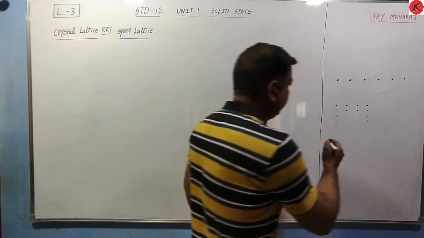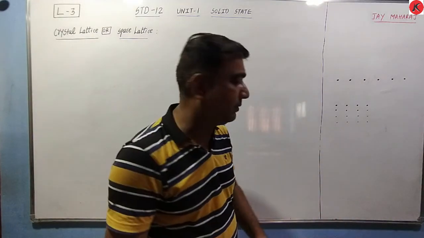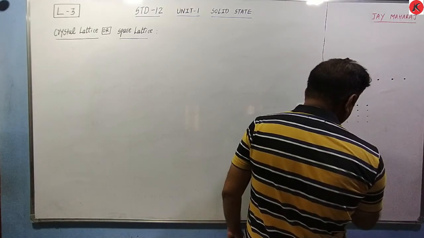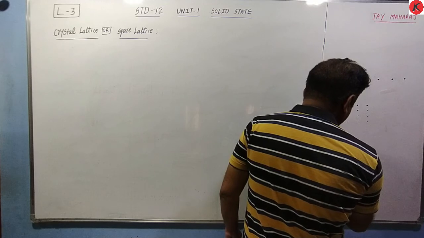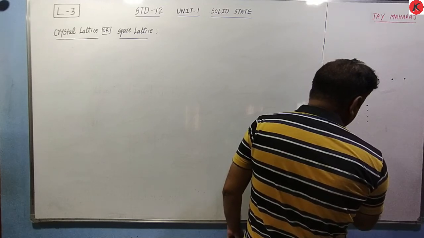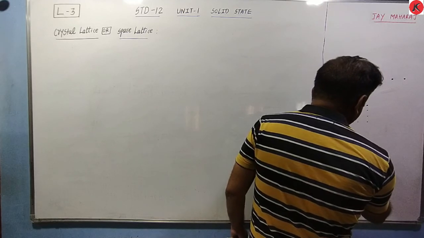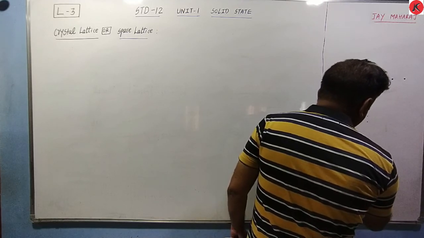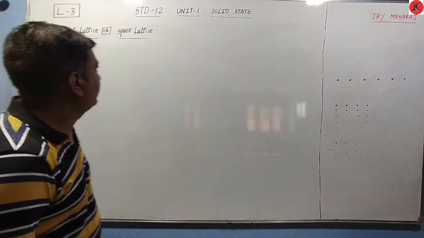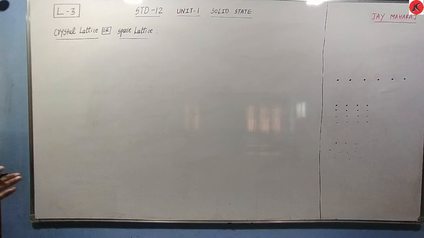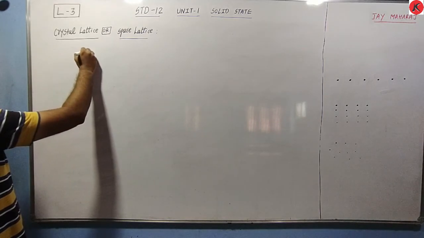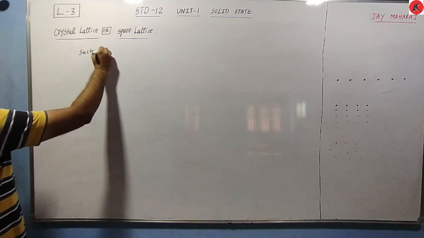Here in two dimension, different arrangements are possible. Again like this. This type of arrangement, that means different types of arrangement are possible. So what do we mean by crystal lattice? That means one type of arrangement. So such a definition, such an arrangement